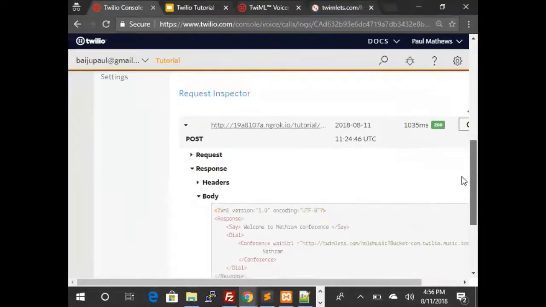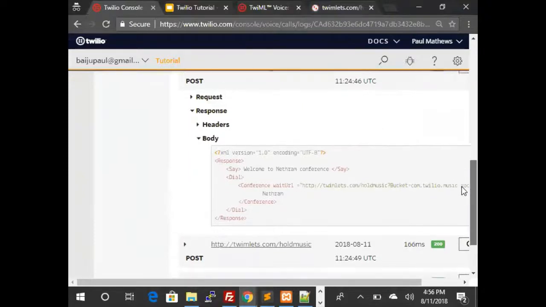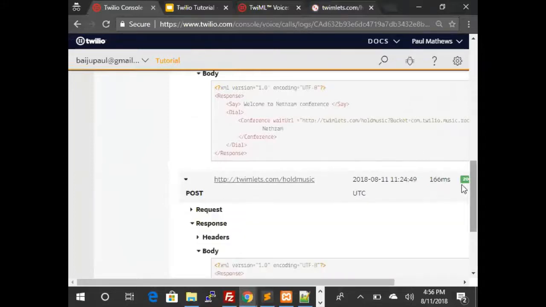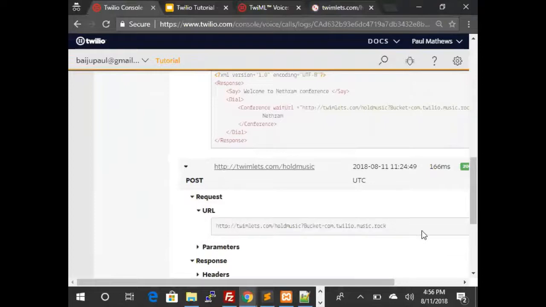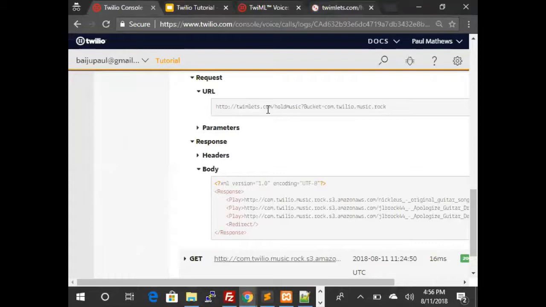So here we can see the first request that Twilio made to our server. So we responded and we provided this wait URL. Twilio then calls the wait URL. Here is the request. Here's the wait URL. And then this server, twimlets.com, provides this response. Twilio got this response,